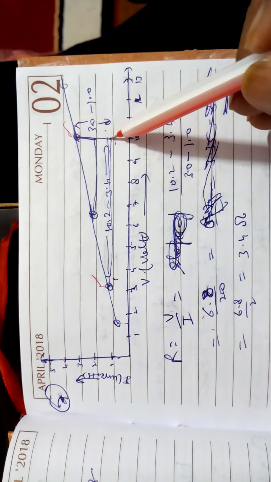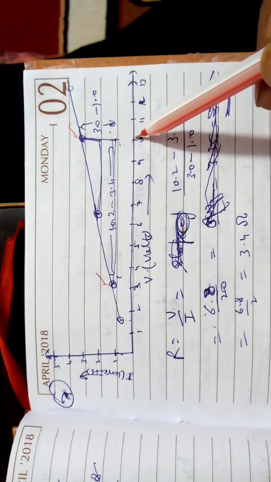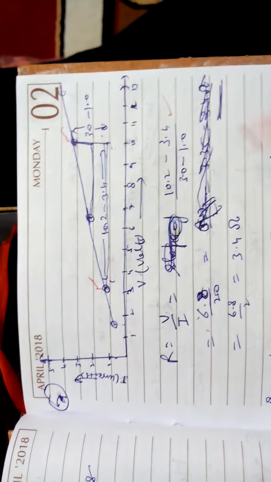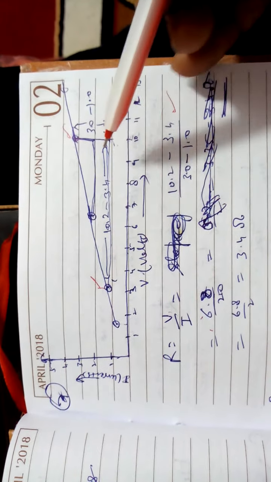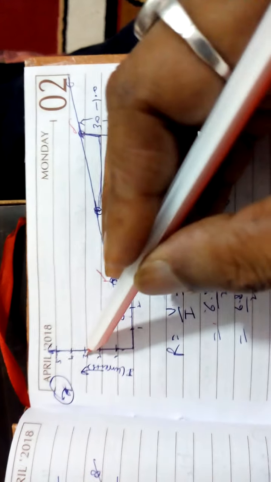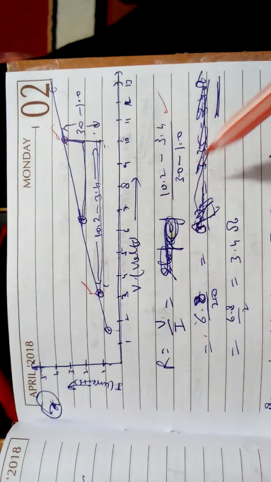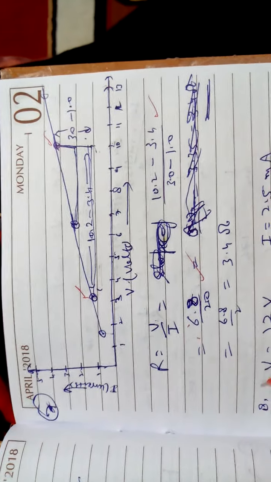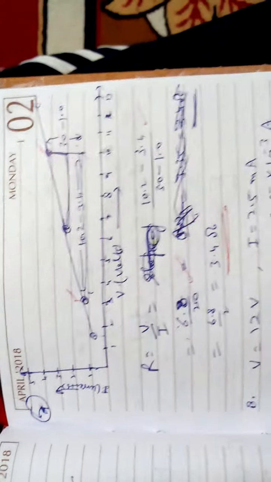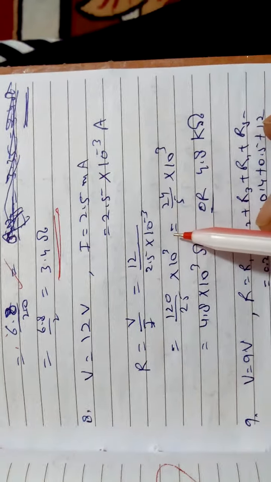You use the V upon I formula. V here is 10.2 and the value in the table is 3.4. So 10.2 minus 3.4 upon, this is the 3 given in the table, and it is 1, 3 minus 1. So you are getting 6.8 upon 2, which is 3.4 ohm, the resistance, which is called the slope. So graph you can plot on graph paper like a linear equation in two variables.